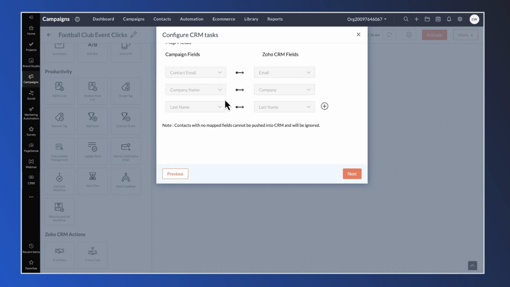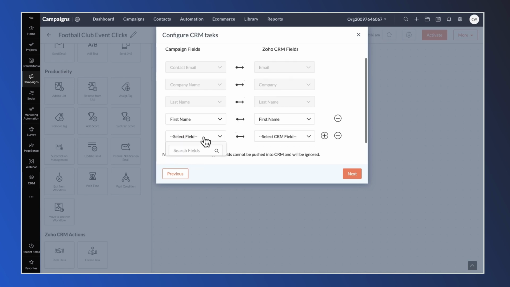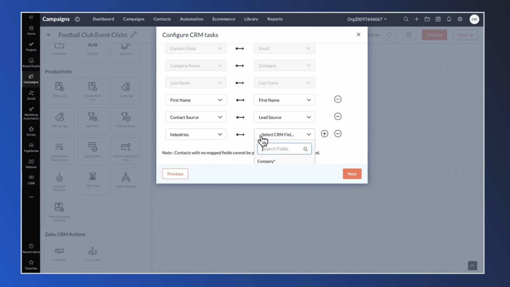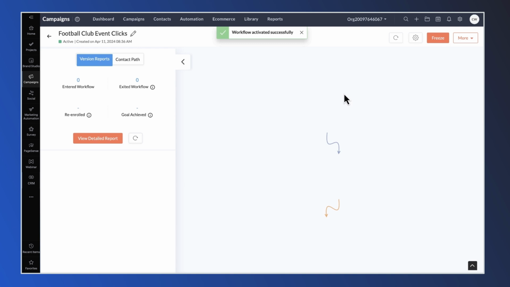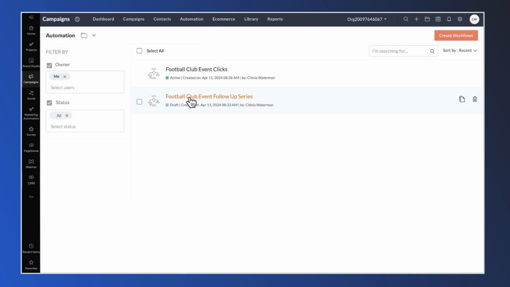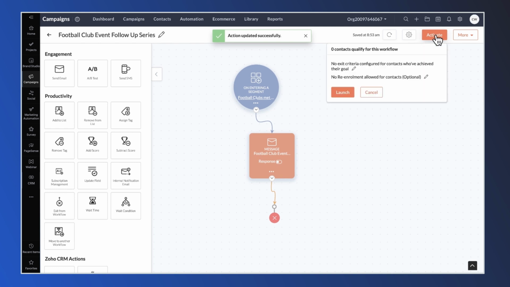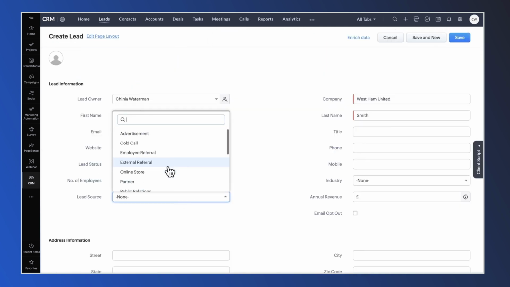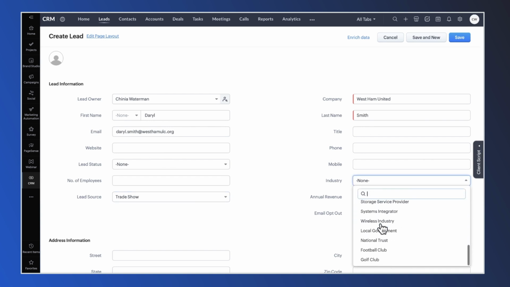Remember when I mapped the fields earlier for the sync? I quickly need to do this again now. Then I add the endpoint for the workflow, and I activate it. I then jump back into my email workflow, add the endpoint, and also activate that. And that's it. And as if by magic, the new leads added to my CRM who meet the criteria